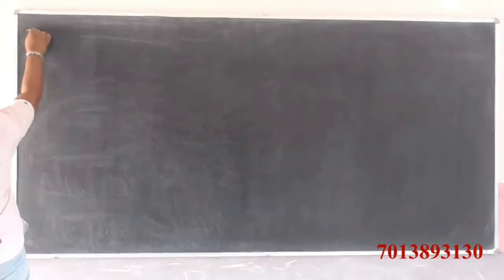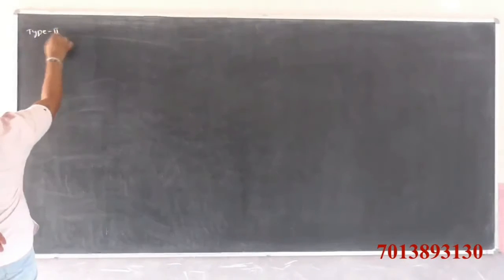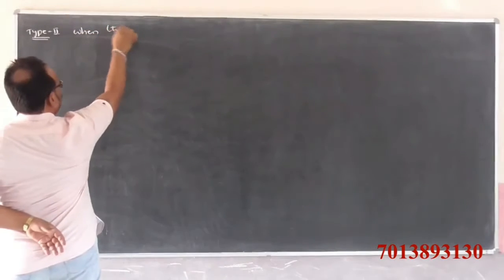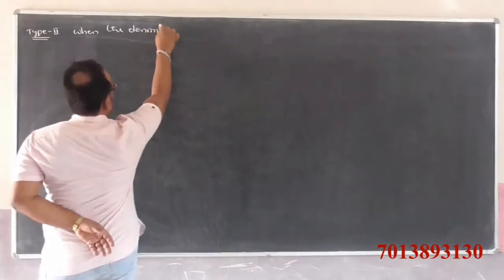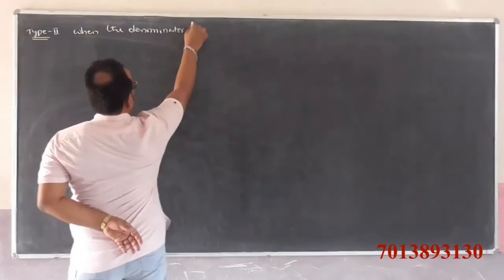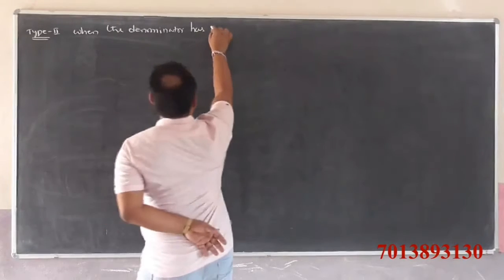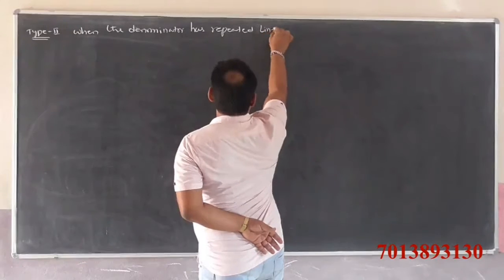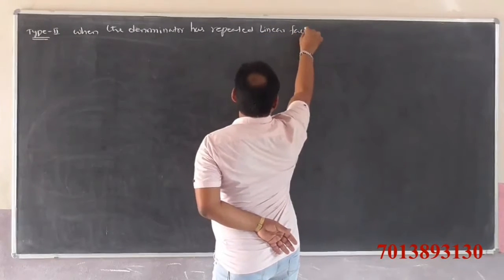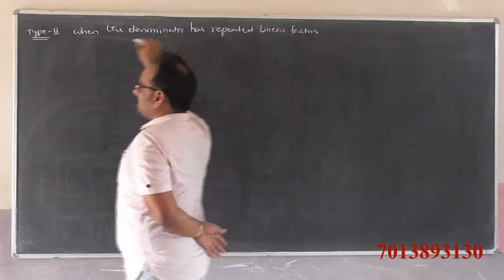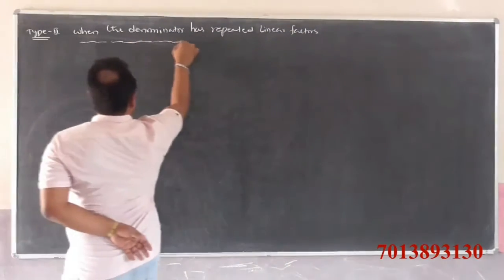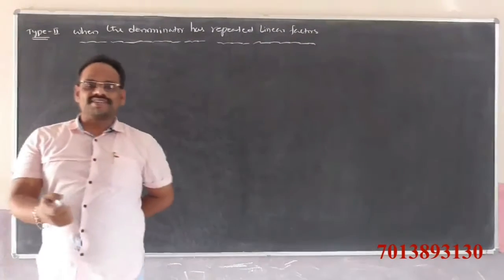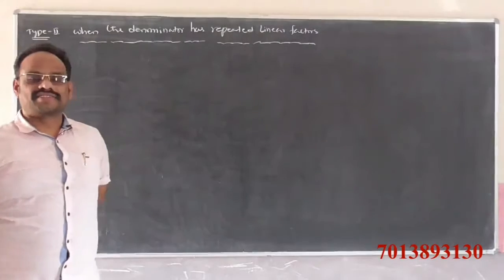Type 2. Type 2. Then the denominator has repeated linear factors. When the denominator has repeated linear factors, how to convert it into partial fractions is,